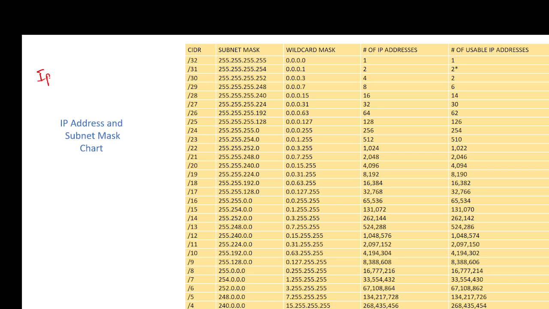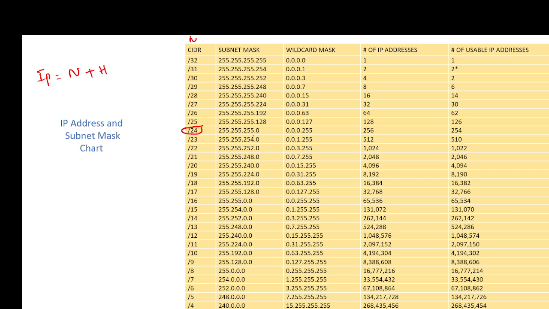IP means network plus host, correct? Network represents 1, host represents 0. That is the reason this /32 will always represent the network. And if you look here, I have written /24, and /24 will give you 255.255.255.0,